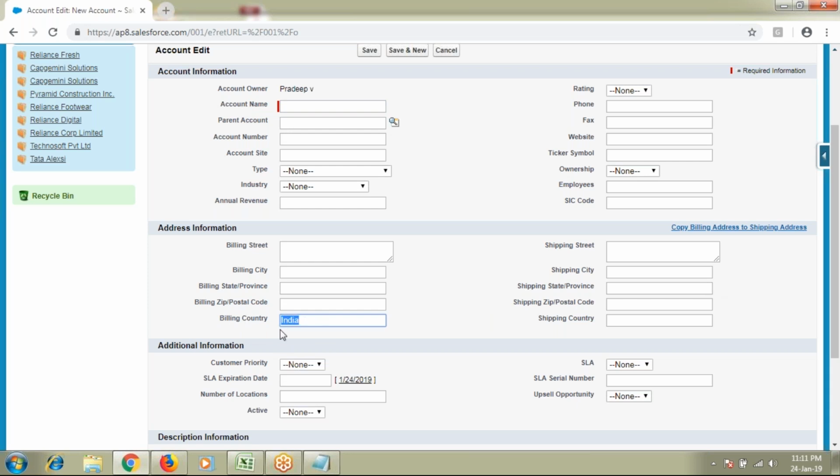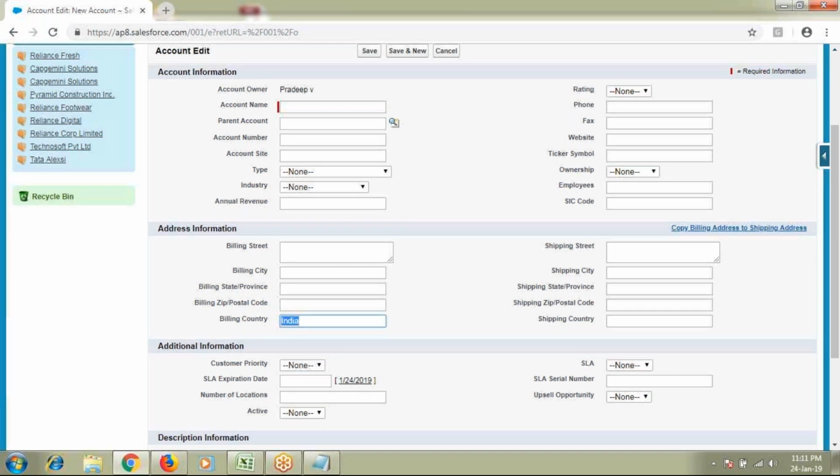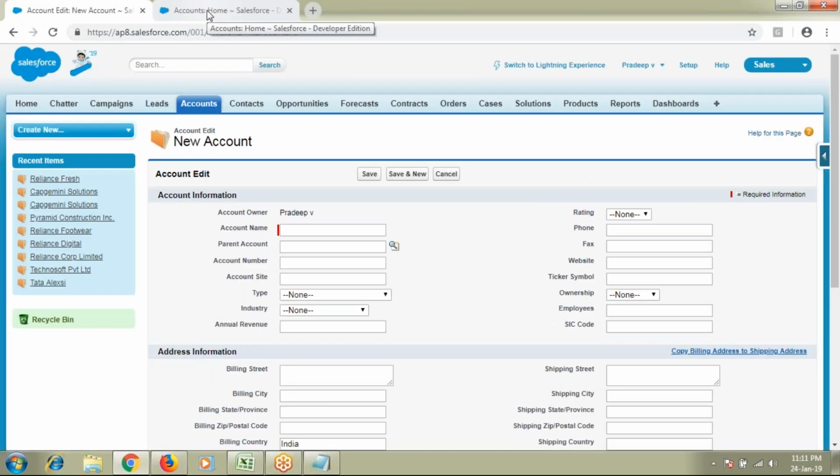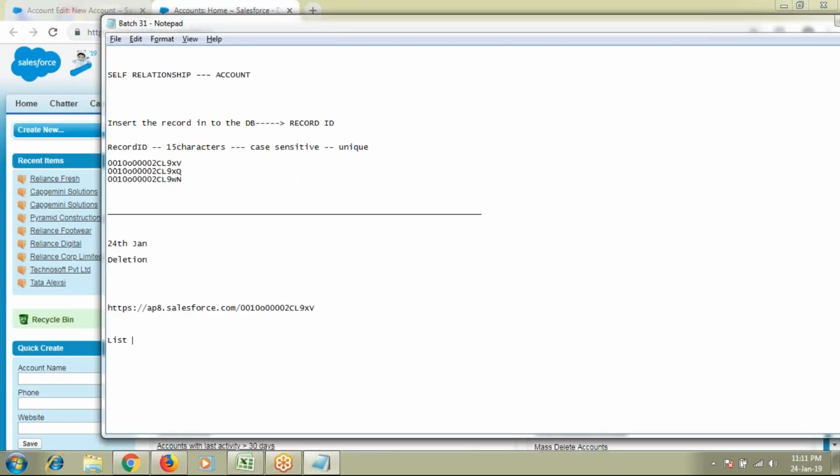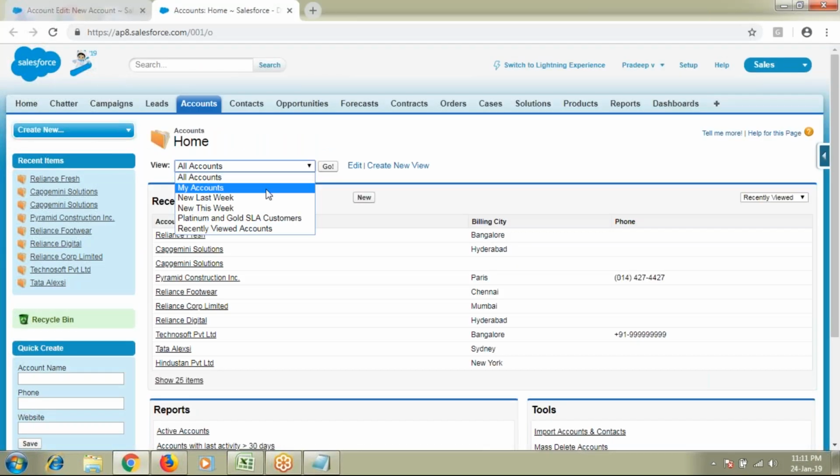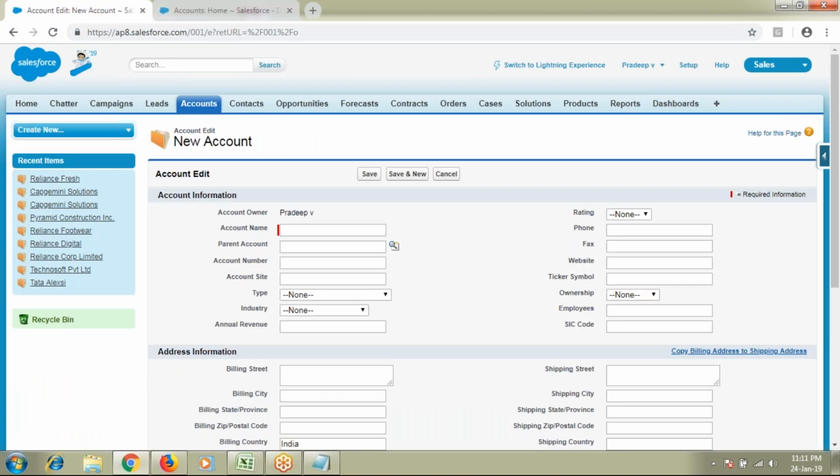Whenever I select this particular category from the list view, we are going to see the concept called list view. So where can we find the list view? These are all your different types of list views. What are these list views? We will see it now. Once you select a specified list view, for example, we have something called the India list view.